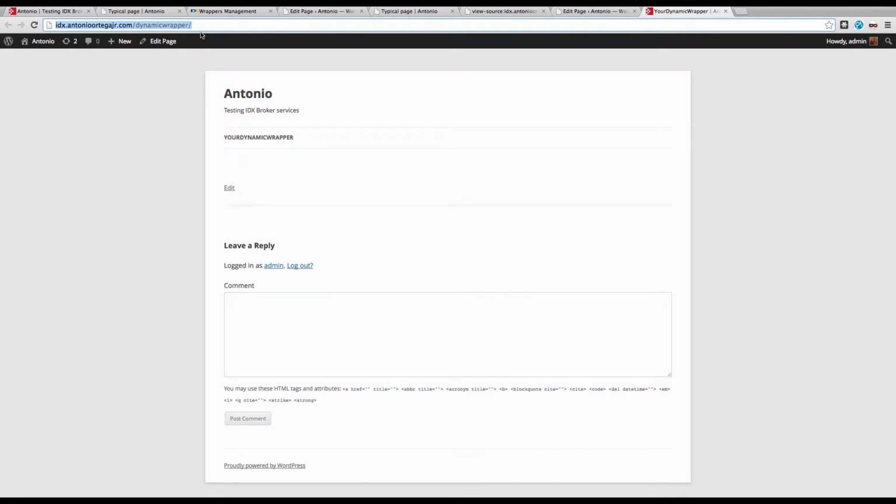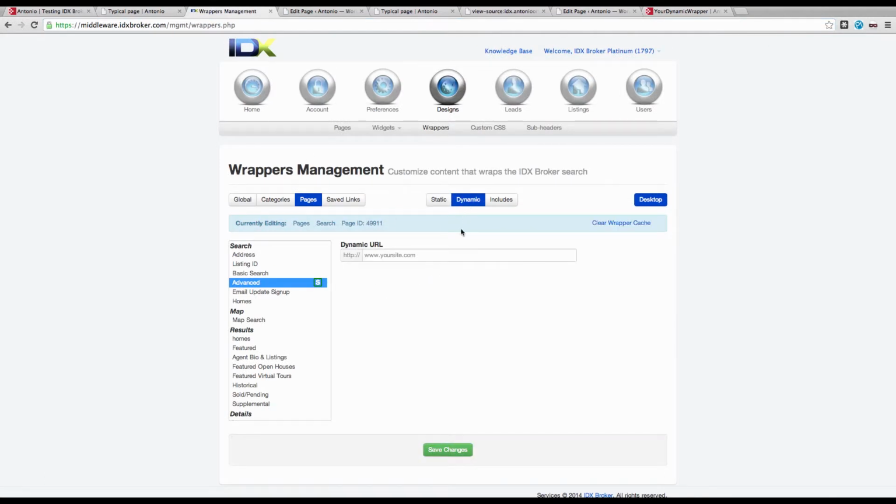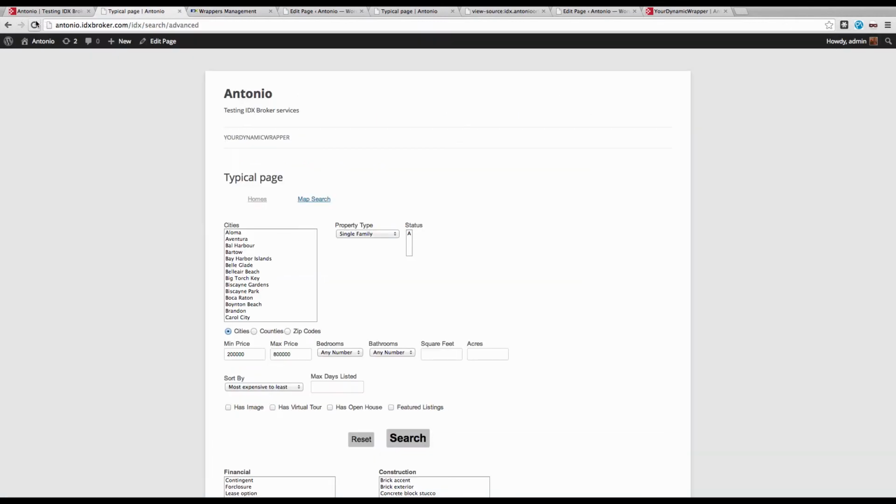So let's go up here and grab this URL, including the trailing slash. So the URL should be copied exactly as it is. Let's head back to wrapper management. Let's go into dynamic. We'll go ahead and pop that in there. And hit save. And now we have a static or dynamic wrapper setup. It is set to no longer be static, but to dynamically update itself every so often. Of course, if we refresh the page,